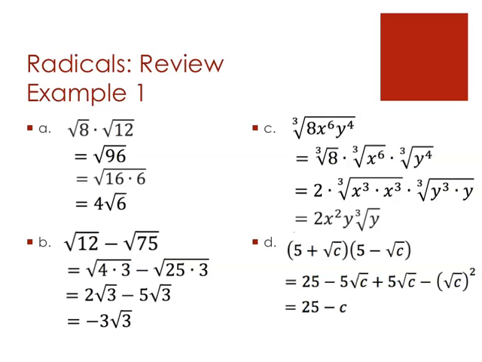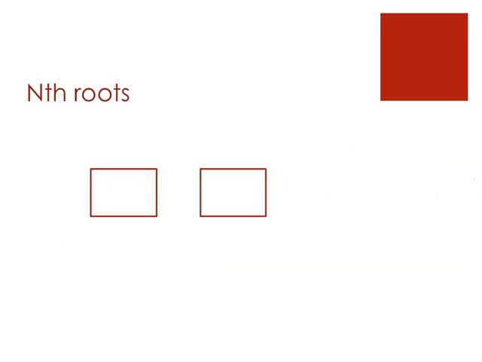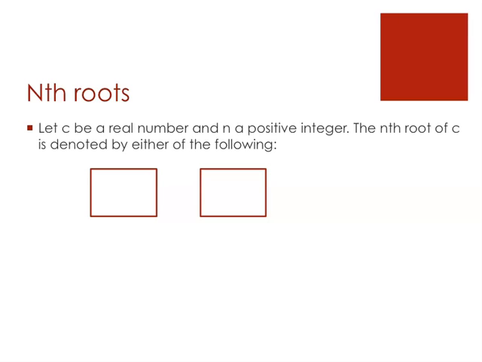Okay, let's talk about nth roots. So we've looked at square roots, we've looked at cube roots, but you could actually have any number there. It doesn't have to be just a square root, it doesn't just have to be a cube root. It could be any number n. So let's say we let c be a real number and n is a positive integer. Then the nth root of c you can write as one of the following, either as literally n with the root c,